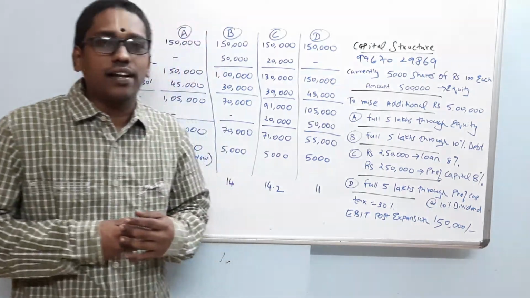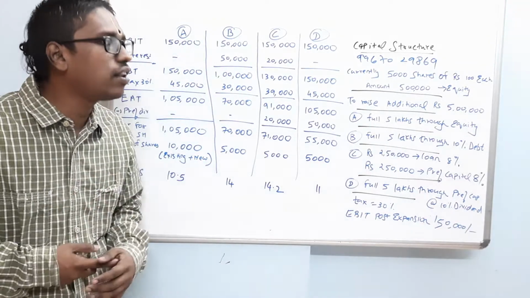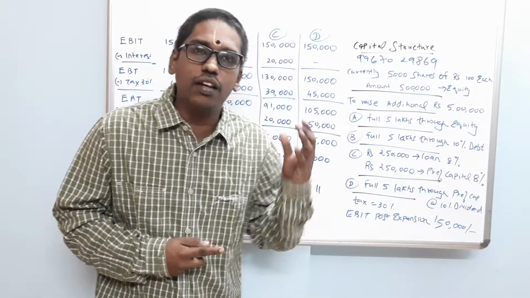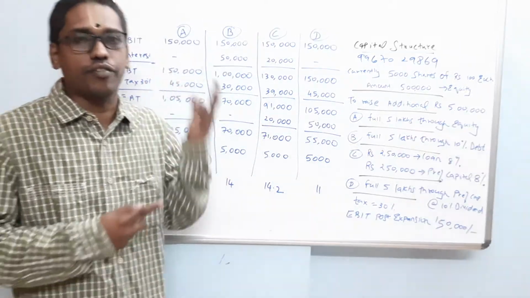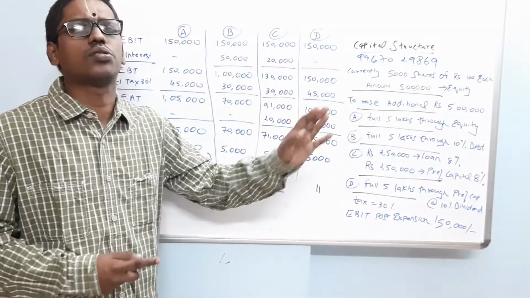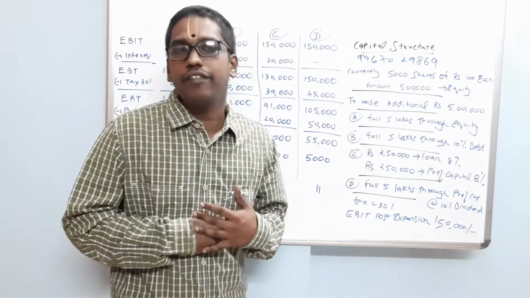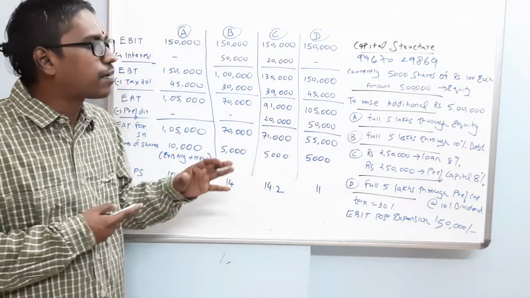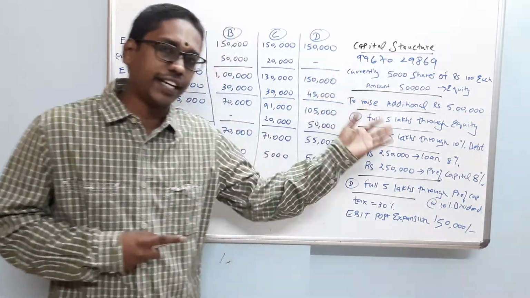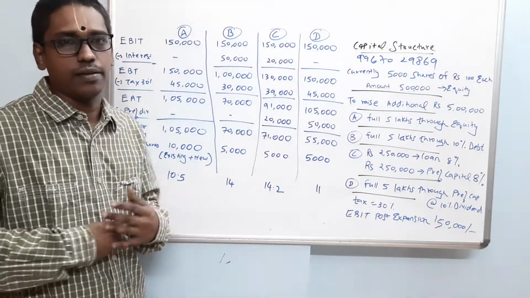There is a chapter called Sources of Finance in Financial Management, in which we will learn the merits and demerits of each source of fund. We will learn about advantages, disadvantages of equity, of preference capital, of debenture, of each source of fund. So there are different aspects to be considered when we have to decide on the right proportion of loan funds and own funds. One is the weighted average cost of capital. Here we speak about the earnings per share.